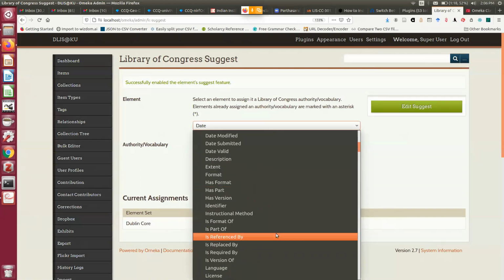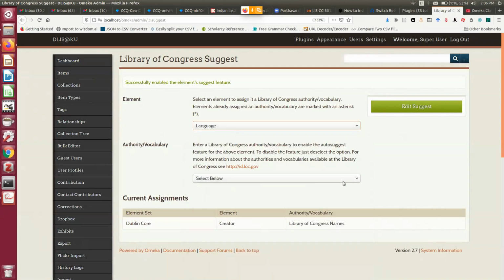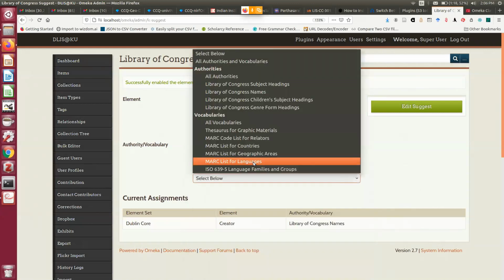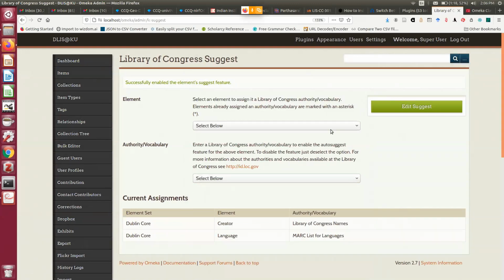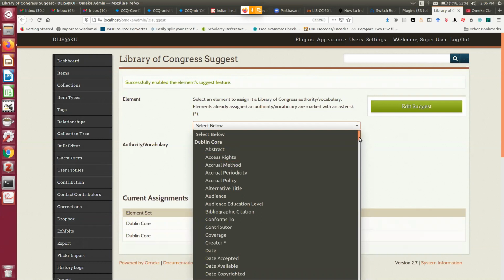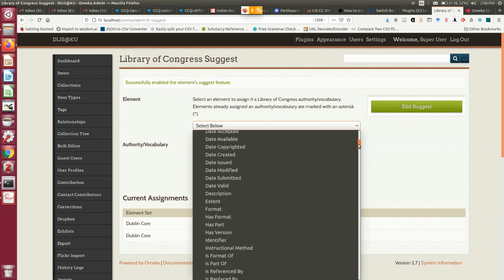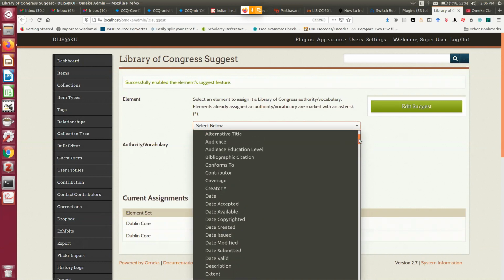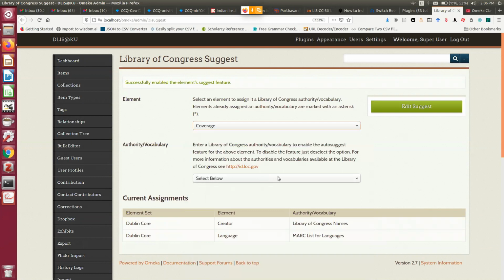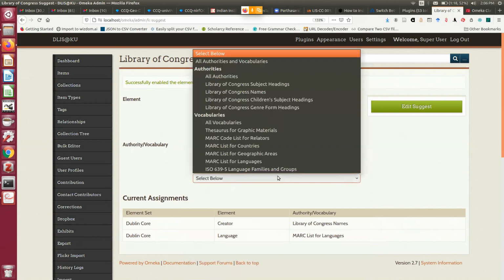So dc.language I can select. dc.language can obviously be the MARC list for languages. Edit Suggest. Then dc.coverage. Let me see whether there is anything like this. Coverage can be of two types, temporal and spatial. So here it can be the MARC list for geographic areas.